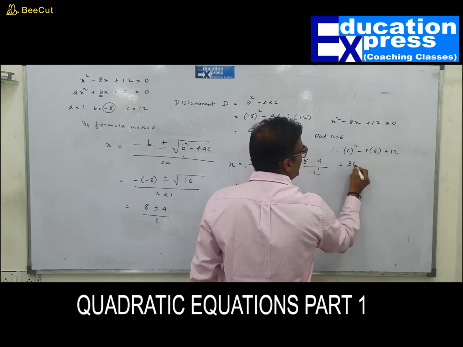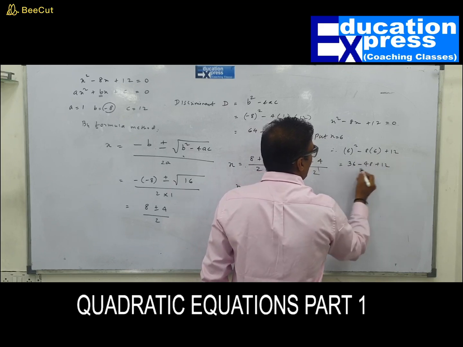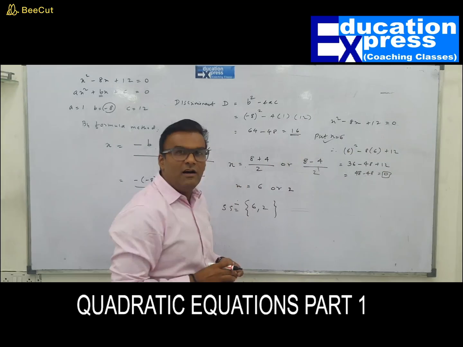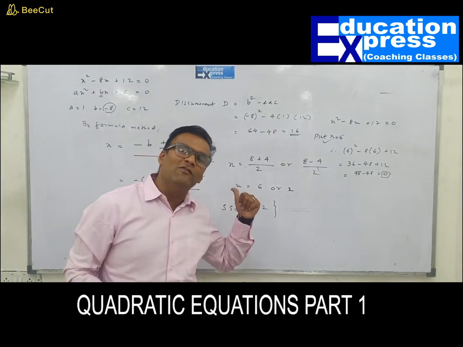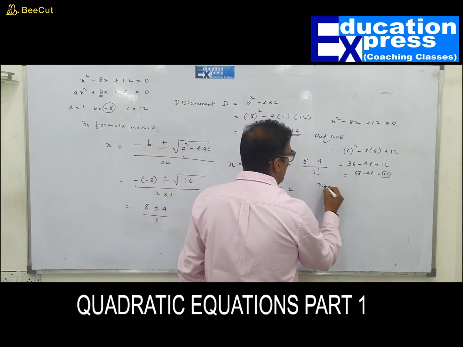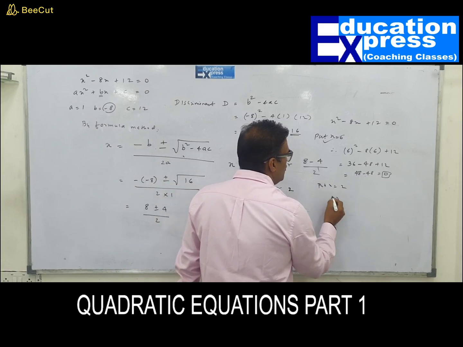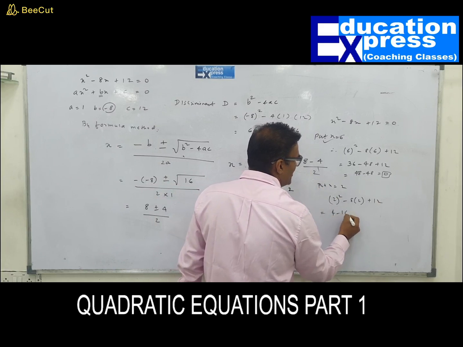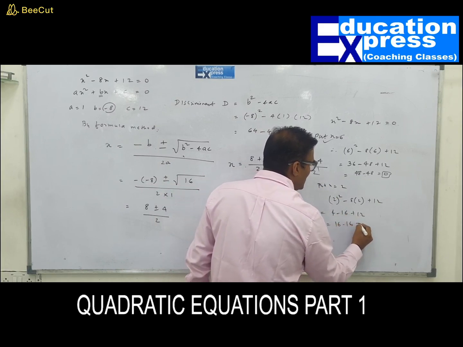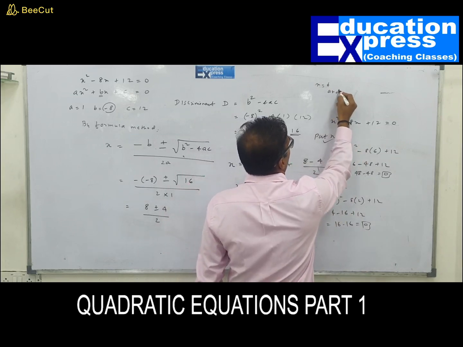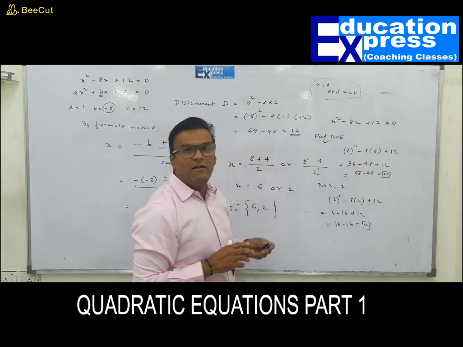6 squared, 36. 36 plus 12, 48, minus 48. That's 0. So 6 is undoubtedly the root of the given quadratic equation. Let's substitute x equals to 2. 2 square minus 8 into 2 plus 12. 4 minus 16 plus 12, 16 minus 16. Wonderful. That means both x equals to 6 and x equals to 2 fit into the given